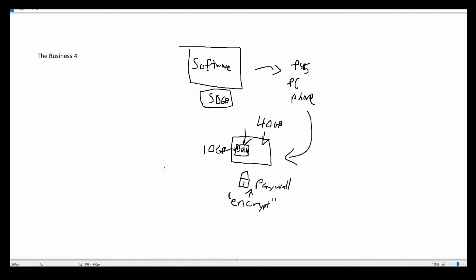And then they have to download this 1 kilobyte file. It's going to be really funny. They're going to download this 1 kilobyte file that unencrypts the other 40 gigs. And then they have access to the 50 gigs file that they should have had access to before, but we're going to hide it behind the paywall.